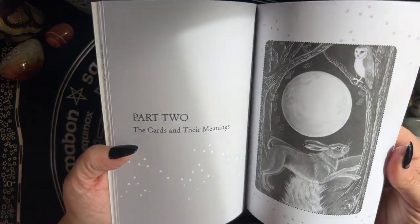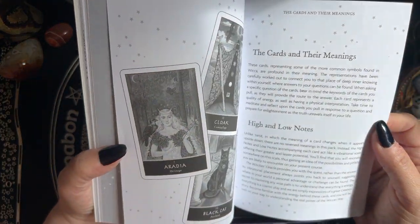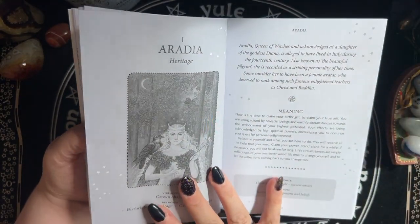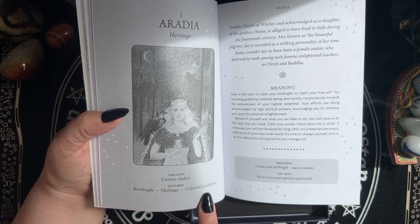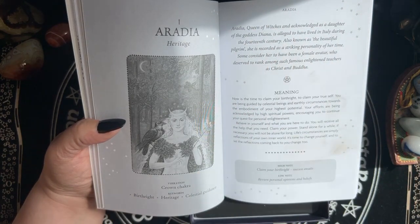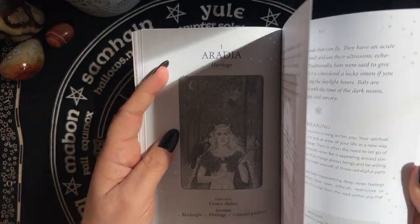Then it goes on to your cards. Your cards are included in an illustration in here. Talks about the cards and the meanings, then the high and low notes. So links also to the vibration, keywords, high and low notes, and it gives you a little bit of a background behind the image that's used in the cards. So absolutely gorgeous